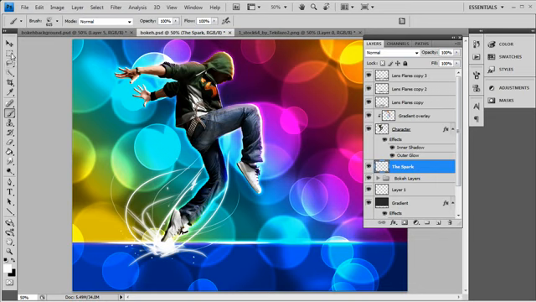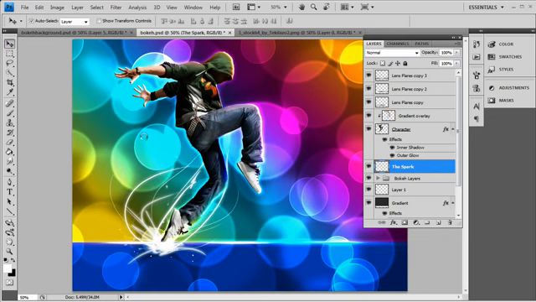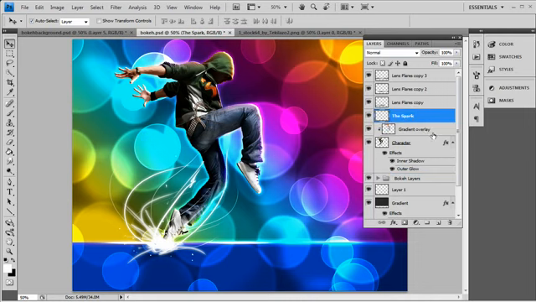Now I'm going to add my spark in there, but I also want this spark to go over the character, so it looks like the spark's going over his leg. So I'm going to drag this up above the gradient overlay layer, and as you see, it covers his shoe now because it is a little bit bright, but you want to bring the shoe in. So what I'm going to do here is,